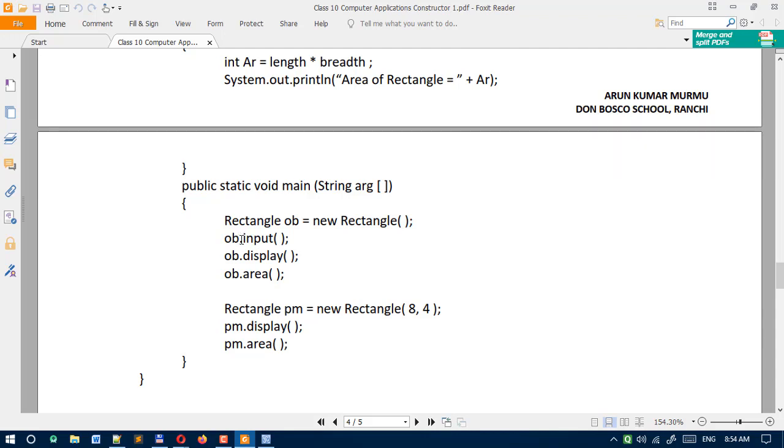You can see the example here: ob.input function we have called, display function we have called using dot, area function we have called using dot, but the constructor we are not calling like the other functions. The constructor is used here, in Rectangle ob equal to new Rectangle, when we create an object.